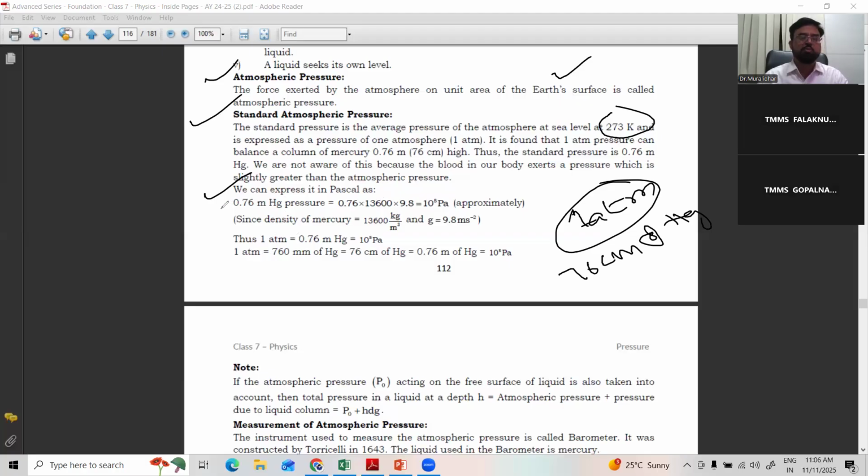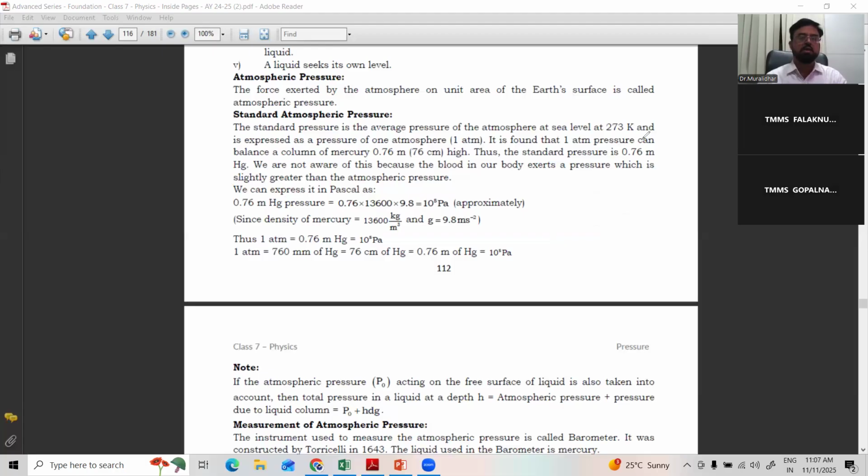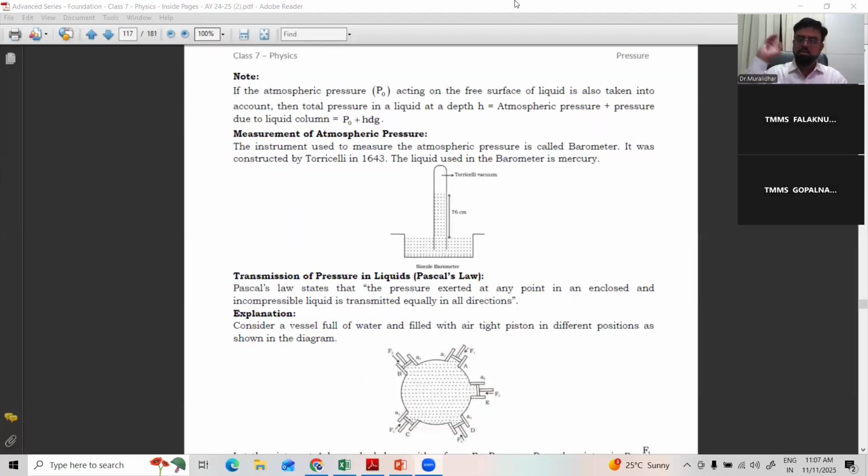That is called Hg, 0.76 meter or 76 centimeter or 760 millimeter or Pascal, right? That is called atmospheric pressure, the pressure exerted by the atmosphere on unit surface of the earth. So what is atmosphere? Whatever the blanket of air surrounding us is called atmosphere. If atmospheric pressure is P0, acting on the surface of the liquid is also taken into account,